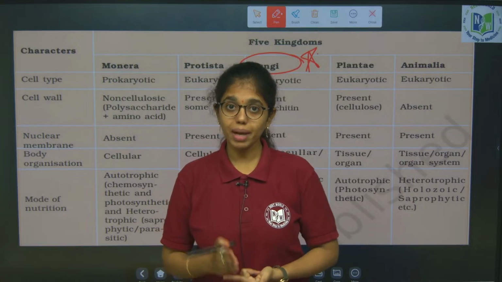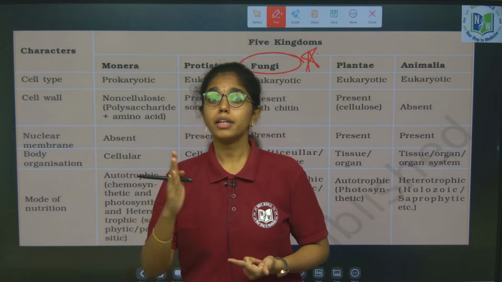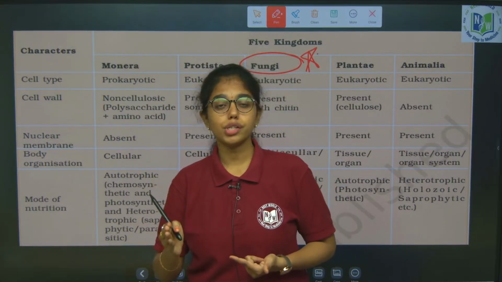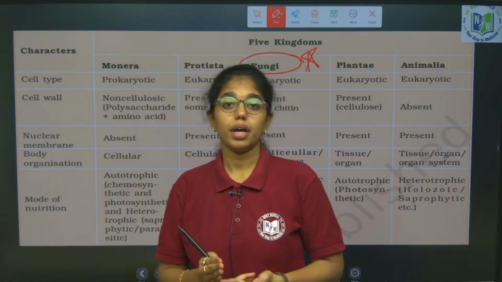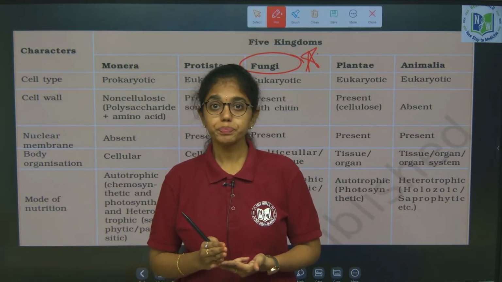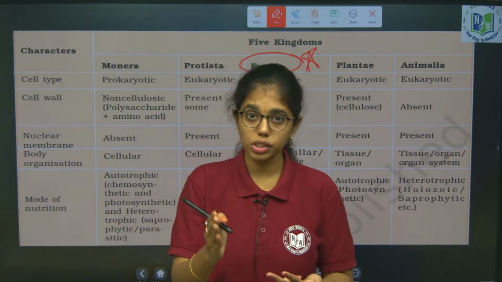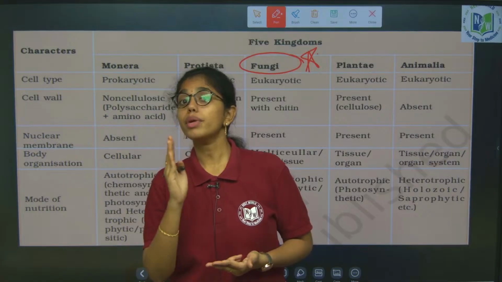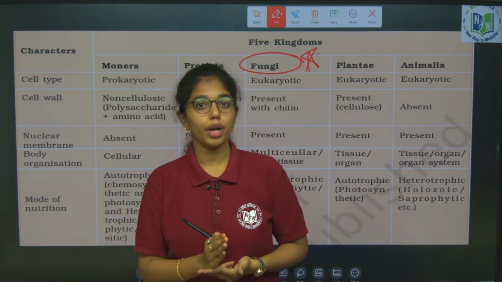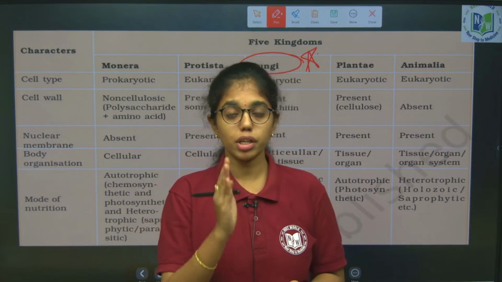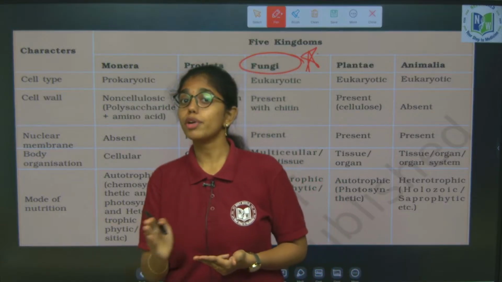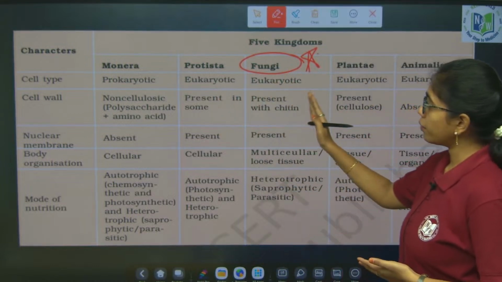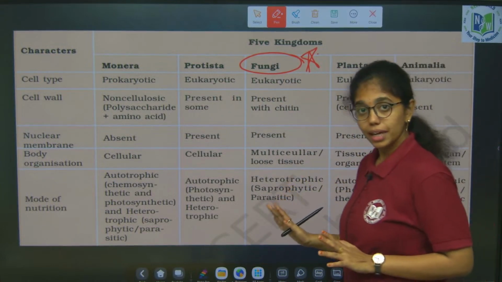The 3 kingdom system is given by Ernst Haeckel, and the new kingdom he has introduced is Protista, wherein he has placed all the unicellular organisms. Next, the 4 kingdom system of classification by Copeland. The new kingdom he has introduced is Monera, wherein he has placed all the prokaryotic organisms. And in the 5 kingdom system of classification, the new kingdom introduced is fungi. Till here it is clear, right?